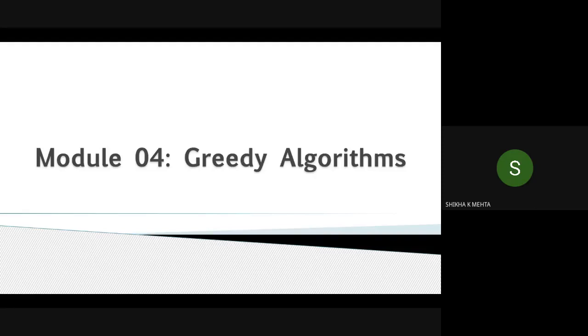But with the increase in the size of the problem, as we have seen, because we are studying different kinds of data structures as well as algorithms for solving large problems, with the increase in the size of the input, the complexity of the problem increases, and we are working towards developing the algorithms,